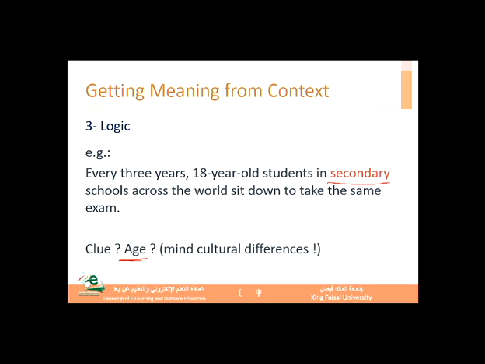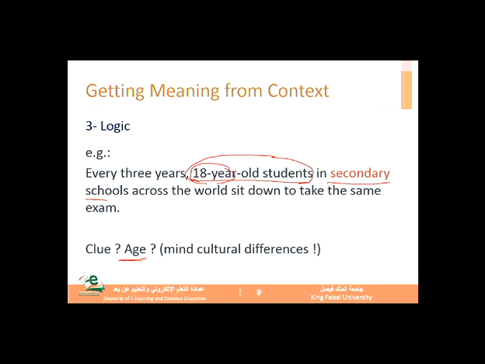So, for example, every 3 years, well, here there's nothing to tell us about the meaning of the word secondary. Here we have 18-year-old students in secondary schools. All right. The rest is not really important because there are no cues that tell us the meaning of the word secondary. But here, the age of students gives us an indication. So we ask ourselves, at the age of 18 or maybe 17 or 16, that is